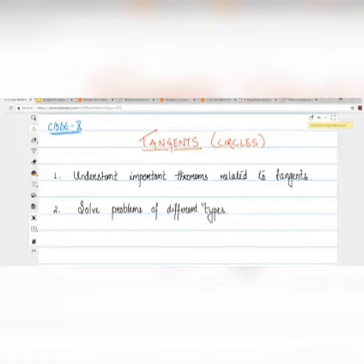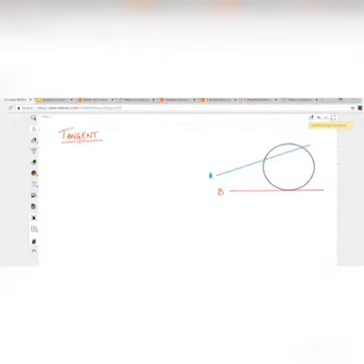Going to understand what is tangent and the concepts and the theorems which are related to tangents. And then after understanding, we are also going to solve problems related to those, right? So let us see what's there. So basically the first thing is what is tangent and what is the difference between a tangent and any other